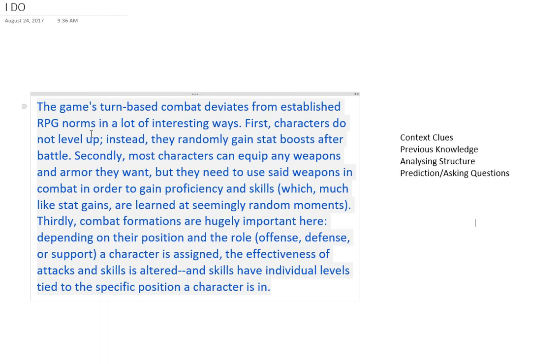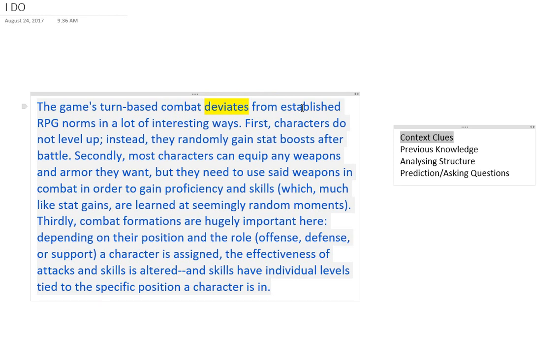So let's start by perhaps just reading along, and I'll try and add in those strategies where they're appropriate. So let's take a look at our topic sentence. The game's turn-based combat deviates from established RPG norms in a lot of interesting ways. So right away, I noticed this word deviates, and I found myself wondering what that might mean. So I think I'll try to use context clues to figure out